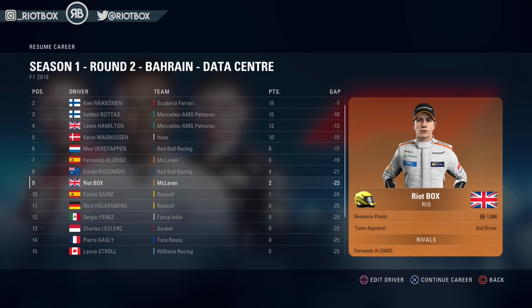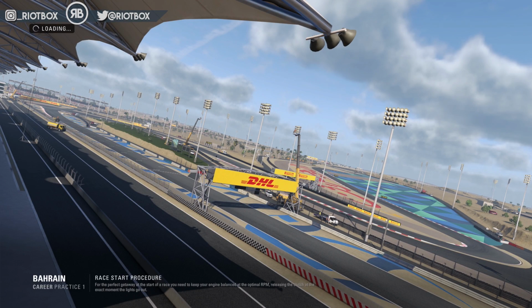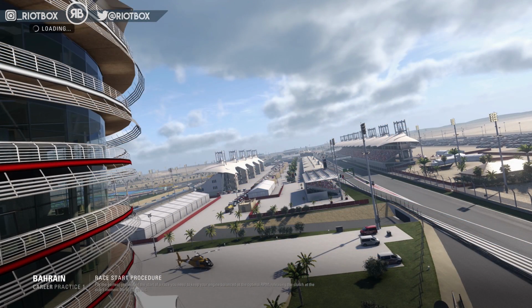So here we go, after the first race out at Australia, we are now heading into round 2, which is going to be at Bahrain, and you can see we're currently 9th in the championship after finishing 9th in our first race. We've got 1,000 resource points which we can use going forward, but for now we're going to be heading into the data center, so we'll see whether we got any of the upgrades that we put on coming